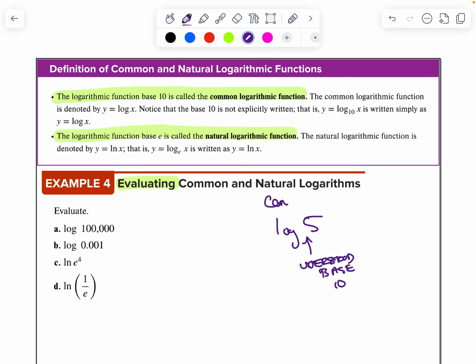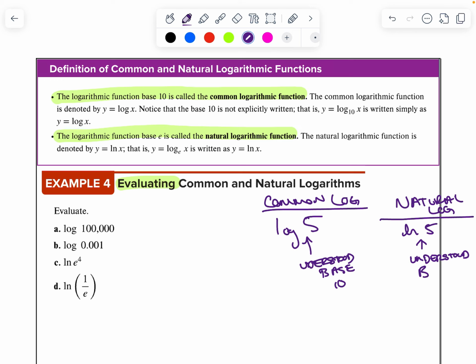That's a common log. A natural log looks like this. It would say ln of 5. Now the 5 can be any number. It doesn't have to be a 5. This has an understood base of e,